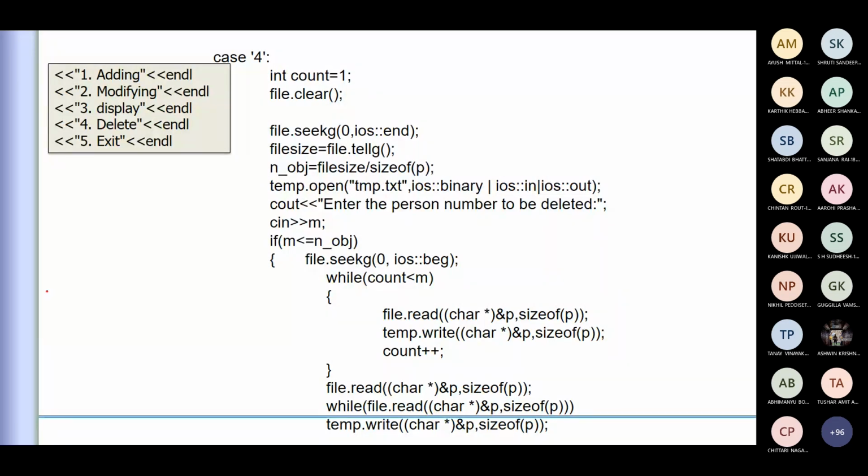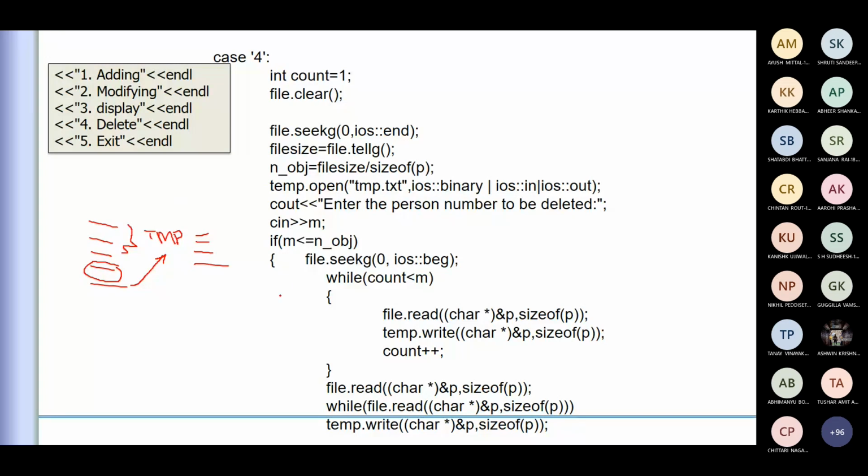Say I have five records basically, but I want to delete the fourth element of this. So what we are trying to do is put these three elements in the temporary file, TMP. Then we'll read the fourth, but we will not write it into this TMP. Then the pointer is pointed to the fifth one, but we want to delete the fourth one. So we append the rest into this temporary file. So I'll be getting only four data in the temporary file. That is how we are trying to mimic this delete here.